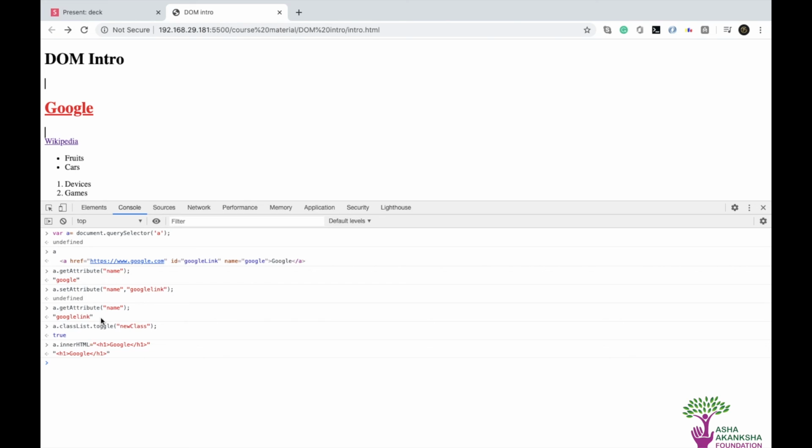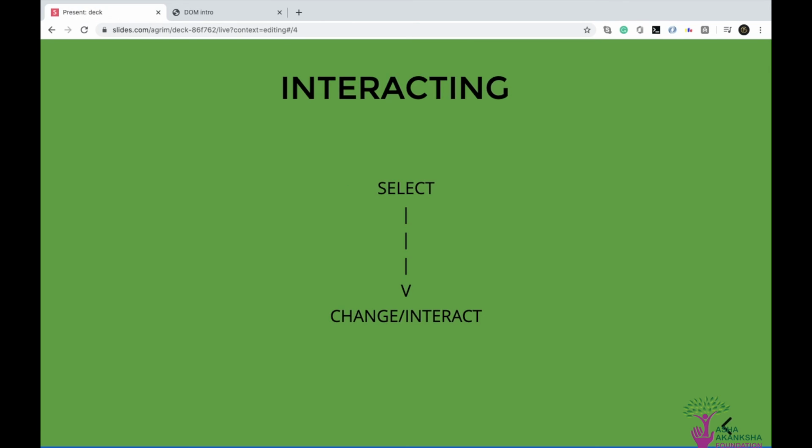So yeah, these were the things that you needed to know, plus this getAttribute and setAttribute thing for the DOM right now. And now we have learned basic DOM. We'll now have an exercise for selecting and interacting with the page, and after that we'll get to events and what events mean, how you can make events, right? And yeah, so that's it for this video. I'll see you in